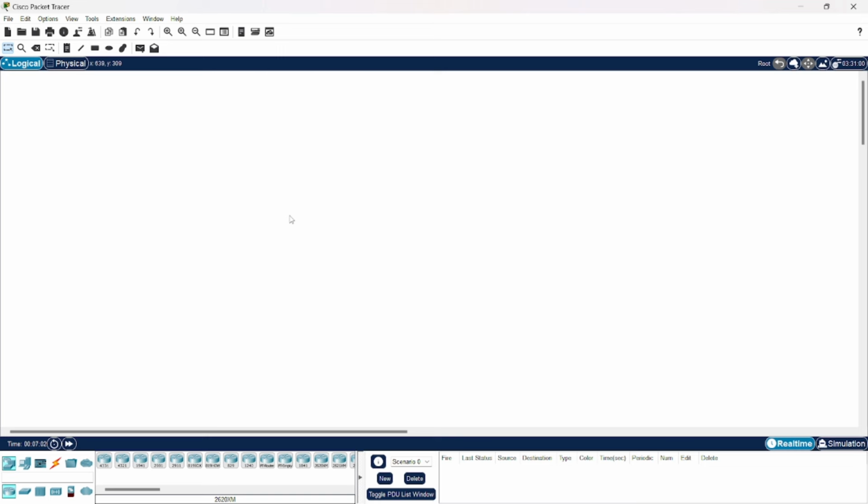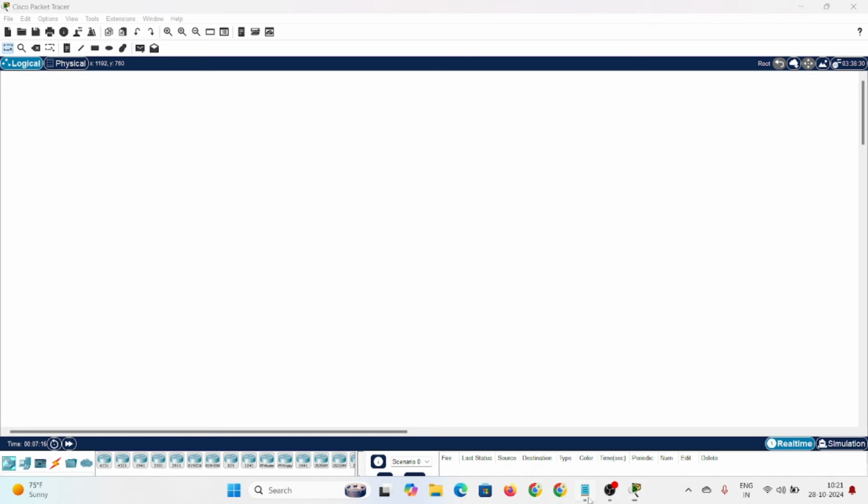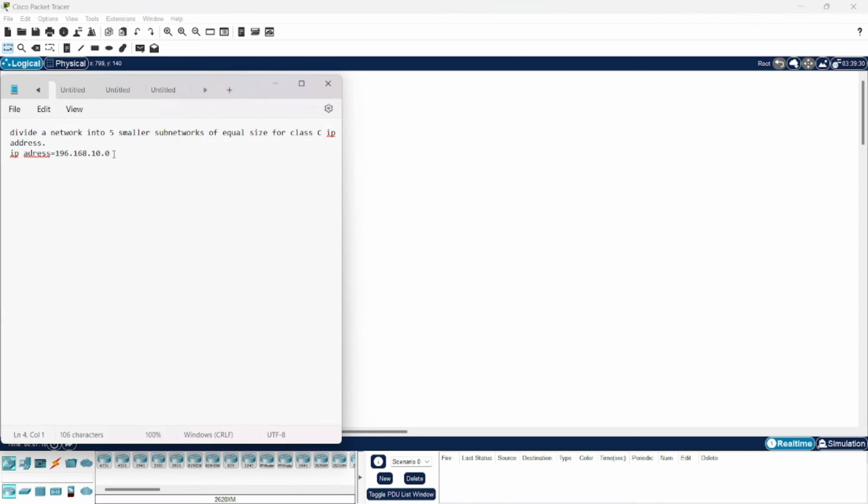Hello everyone. In this video, we are going to discuss FLSM, fixed length subnet masking. Today we will divide a network into smaller subnetworks of equal size. The question statement here is to divide a network into 5 smaller subnetworks of equal size for a class C IP address. Here we have taken this IP address